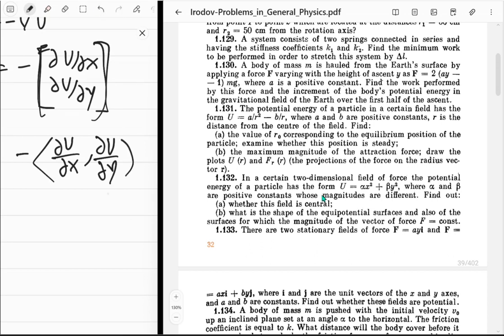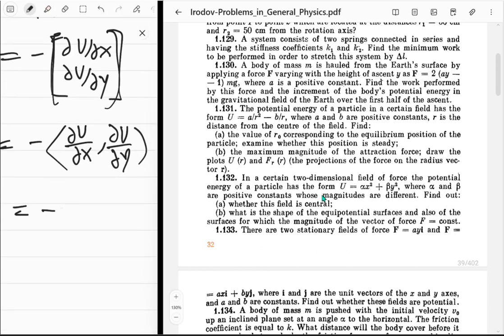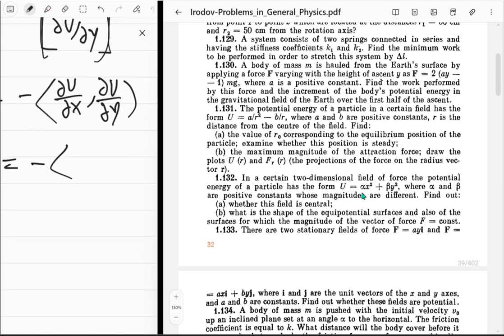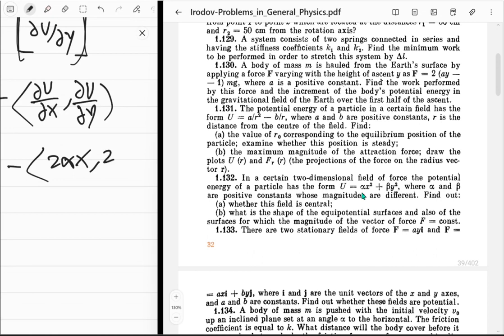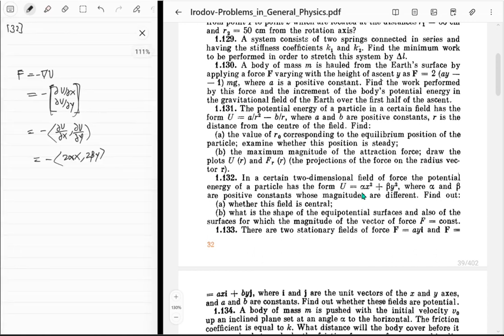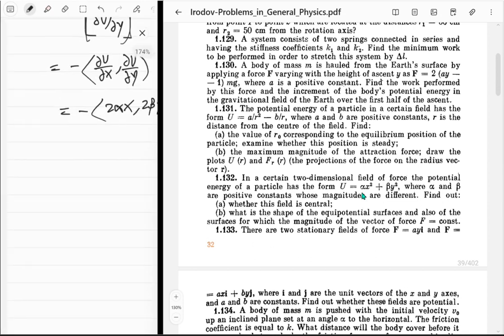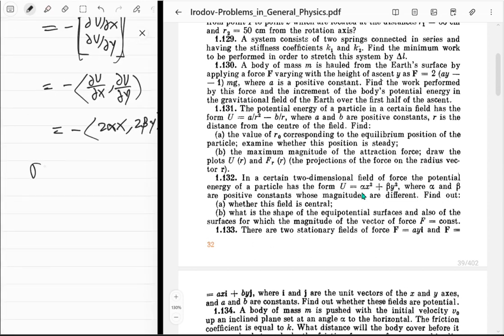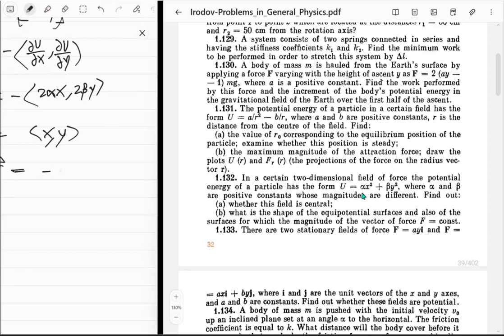Well, of course, it's just partial derivatives, so no big deal, right? It's just the negative of the partial derivative of U with respect to x, which will just be 2 alpha x. And then over here, we just have 2 beta y. Now, this guy's dot product with the radius vector. So the radius vector is just x comma y. So F dot r is, well, negative of 2 alpha x squared plus 2 beta y squared, which is,